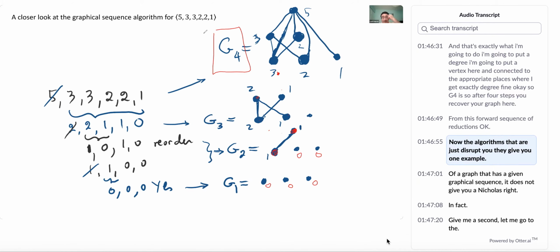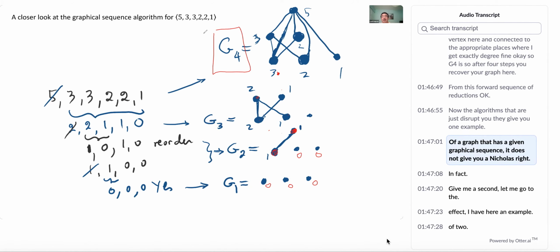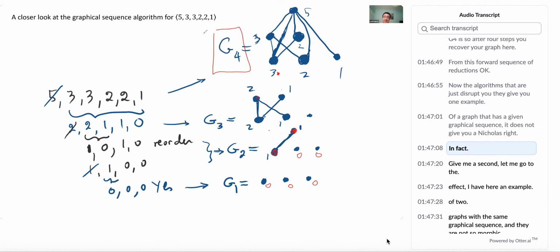Now, the algorithm that I just described to you gives you one example of a graph that has a given graphical sequence. It does not give you uniqueness, right? In fact,